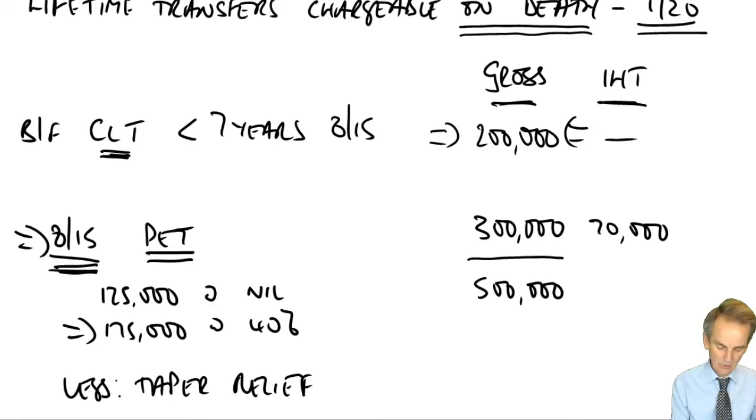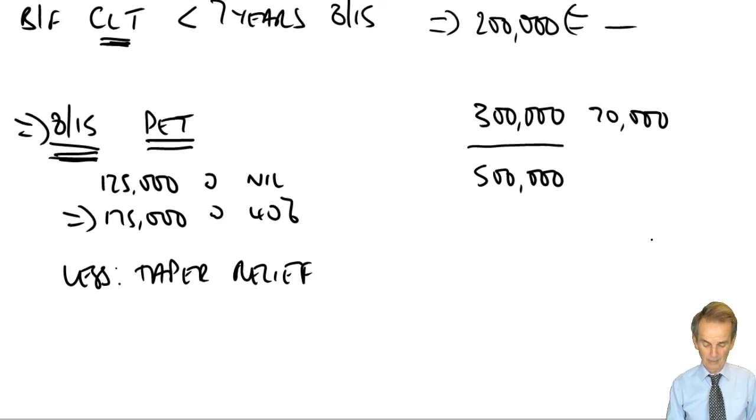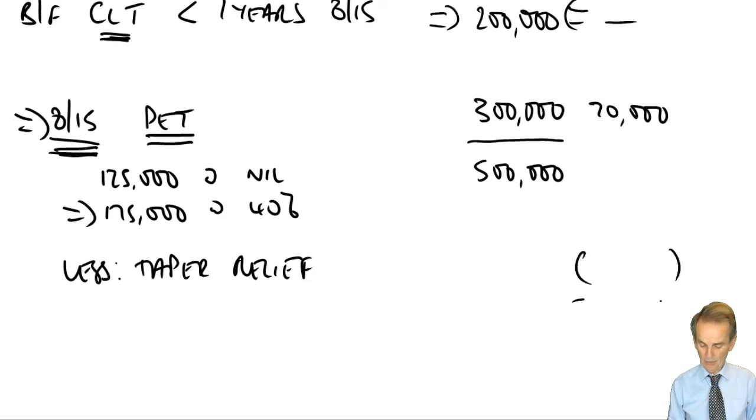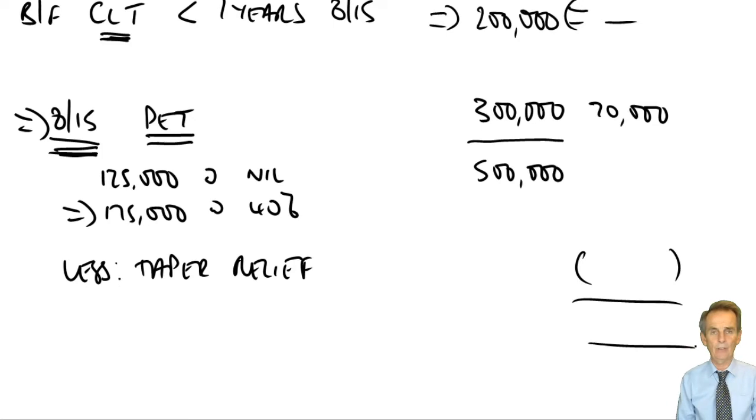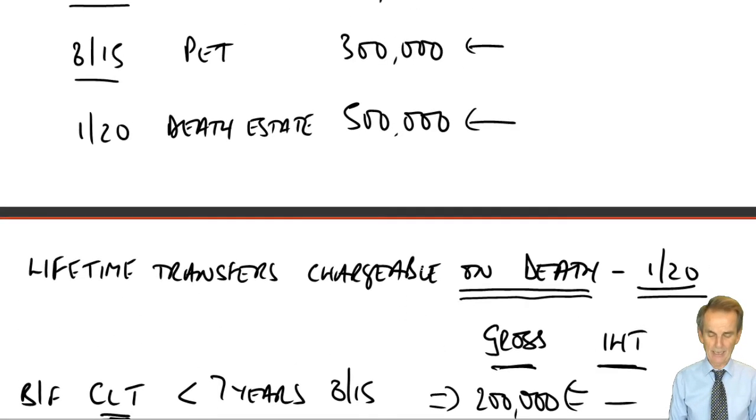But to go back to the note, you can see here that the only lifetime transfer that we have had within the 7 years before the date of death is that PET itself in August 15. So our lifetime transfers chargeable on death computation is now complete. Once we'd taken away the taper relief, that was the only figure of tax payable in relation to a lifetime transfer as a result of the death of the taxpayer. So then you'd come to deal with the chargeable estate. Now, of